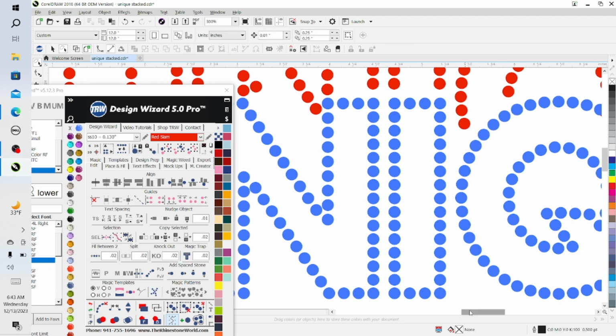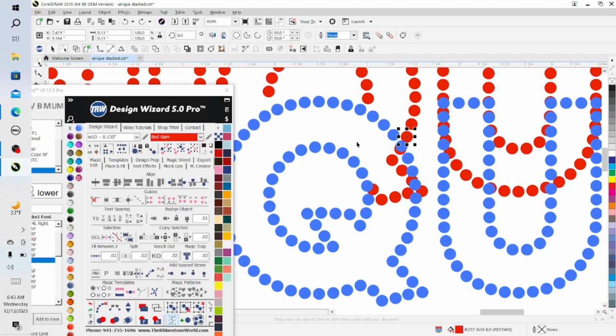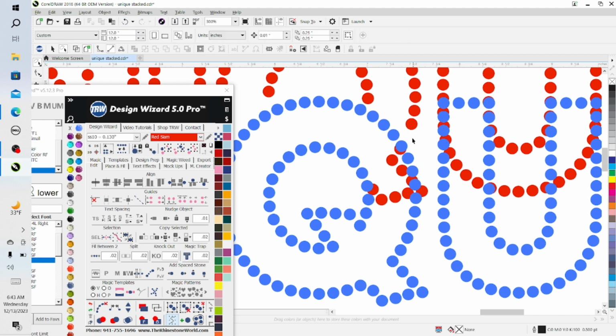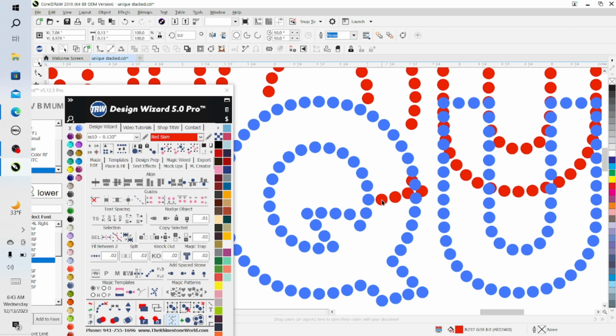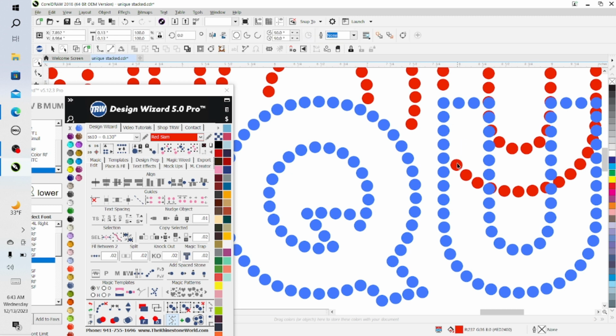Anything that's touching the design, I just get rid of. There's a number of ways you can do it. I like the way, yeah, we could take that one away. I like the space the way it is, but I will also show you how you can equal the spacing to bring it closer. I like it the way it is,